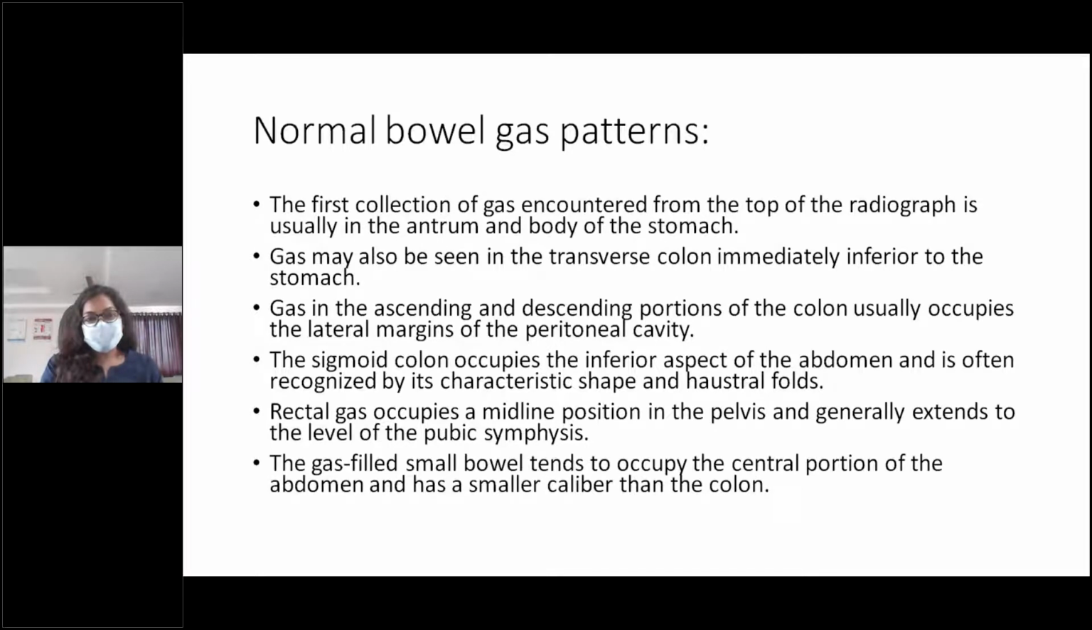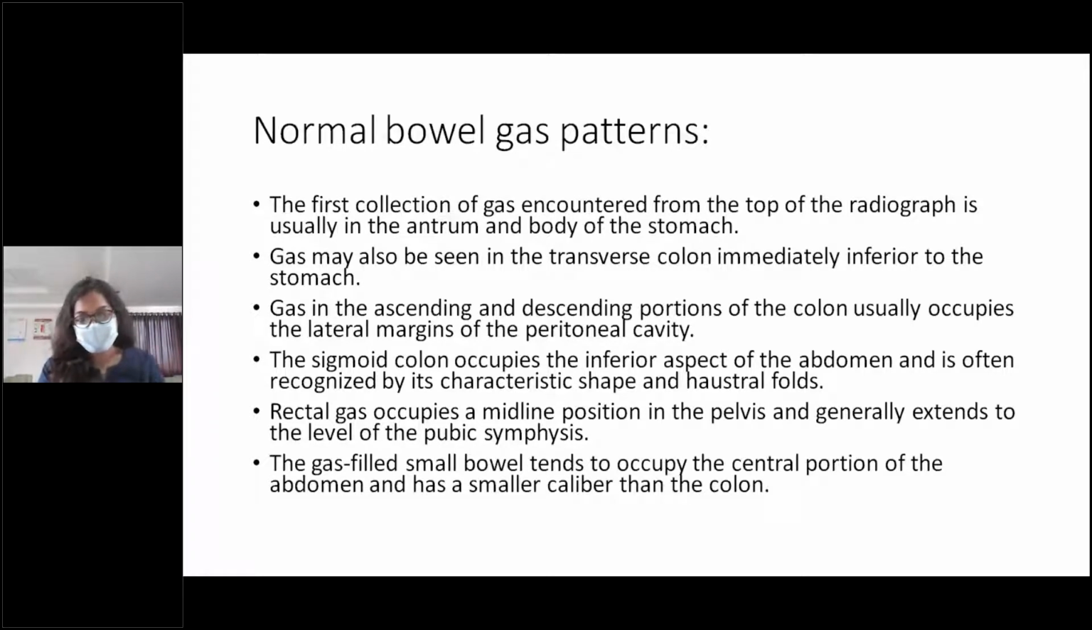Now coming to the normal bowel gas patterns, the first collection of gas encountered from the top of the radiograph is usually in the antrum and the body of the stomach. That is what we call the stomach bubble in the plain radiograph. Gas may also be seen in the transverse colon immediately inferior to the stomach. Gas in the ascending and the descending portions of the colon usually occupies the lateral margins of the peritoneal cavity. The sigmoid colon occupies the inferior aspect of the abdomen and is often recognized by its characteristic shape